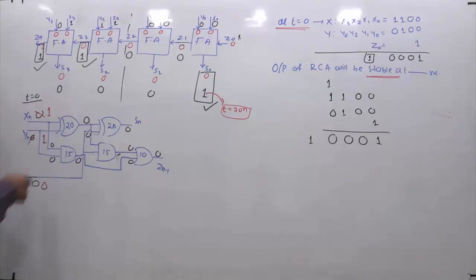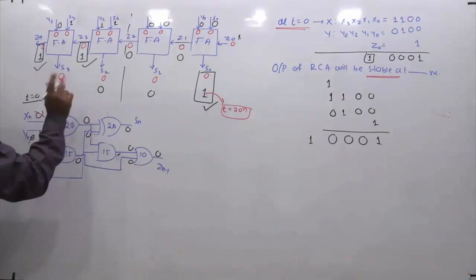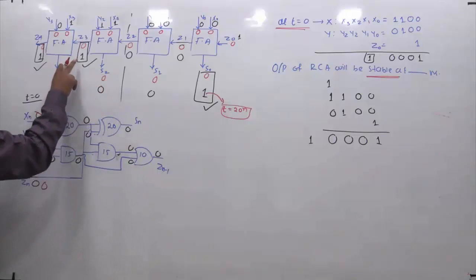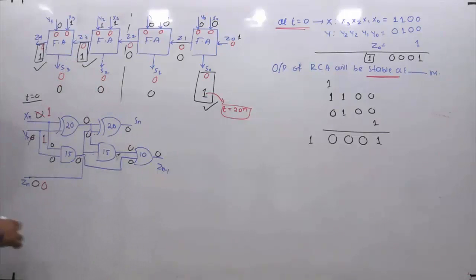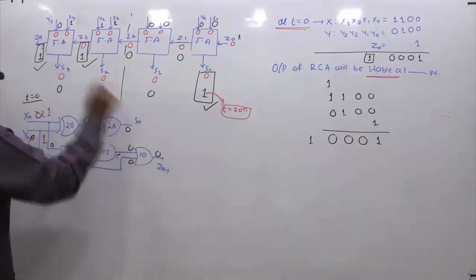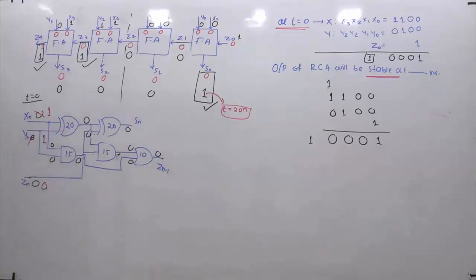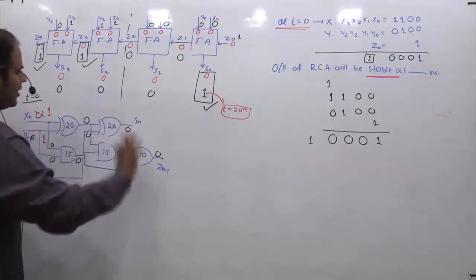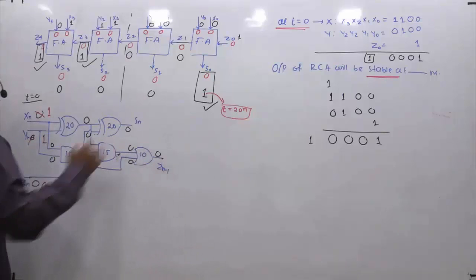But what is your target? Your target is the carry, not the sum, because you are not observing any change in the sum bit, you are observing the change in the carry. So your target is when you get this particular one, when you will get this one at this point. That is what you should check. If I check that way, this gate delay will not be involved while calculating this particular thing.